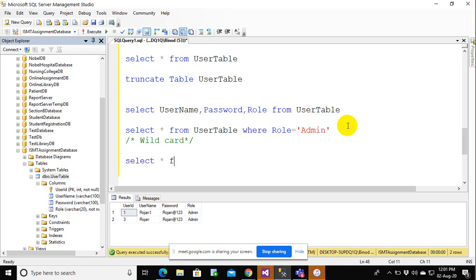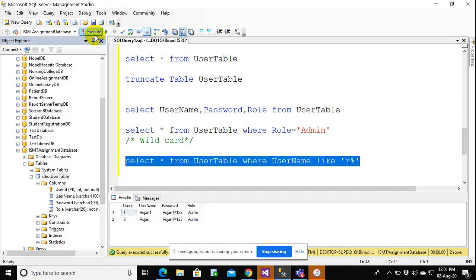I can select star from user table where username like 'R%'. R percent means users whose name begins with R. So let me select.